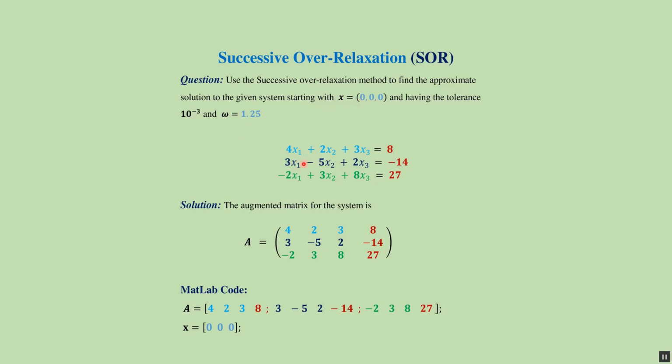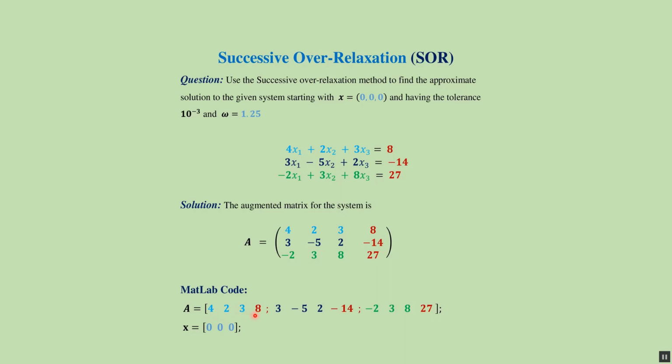If we write this system in augmented matrix form, then it will be like this. To write this matrix in MATLAB, first we write the first row, then give a semicolon and then write the second row, and then give a semicolon and finally write the third row. Also, each element of the matrix will be separated by at least one spacebar.